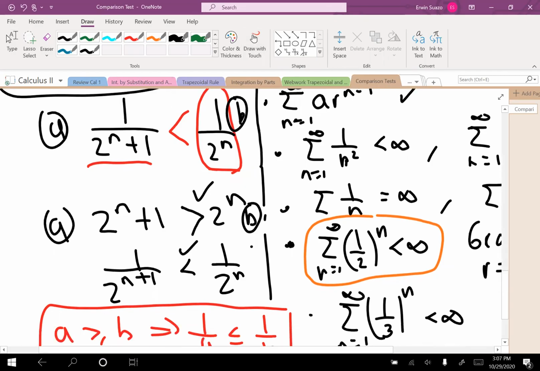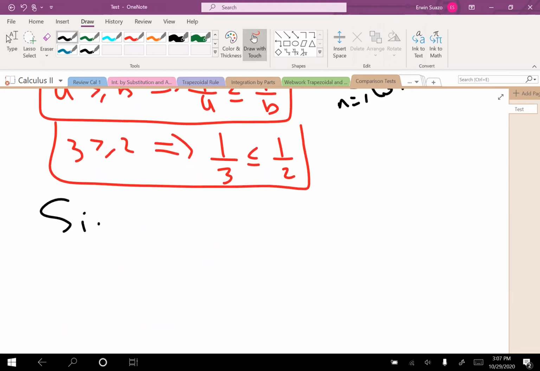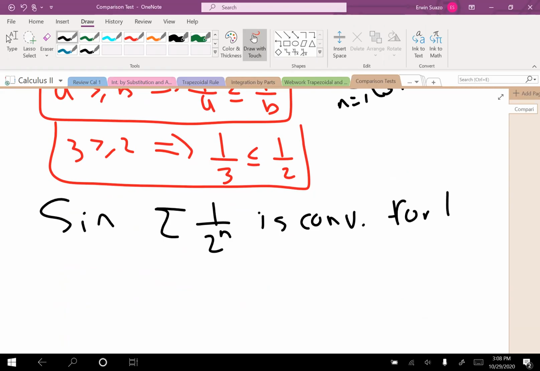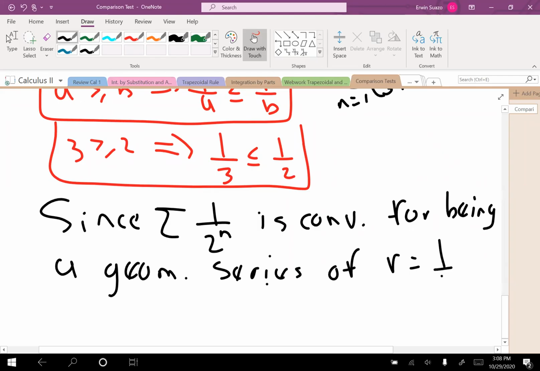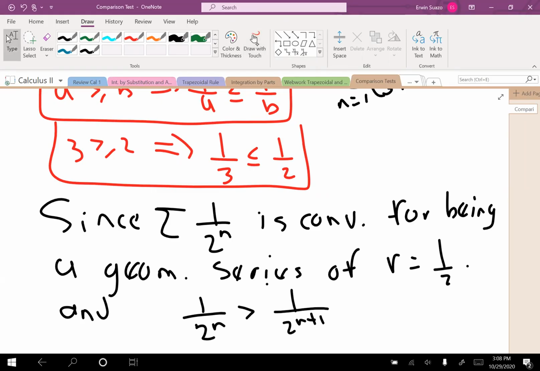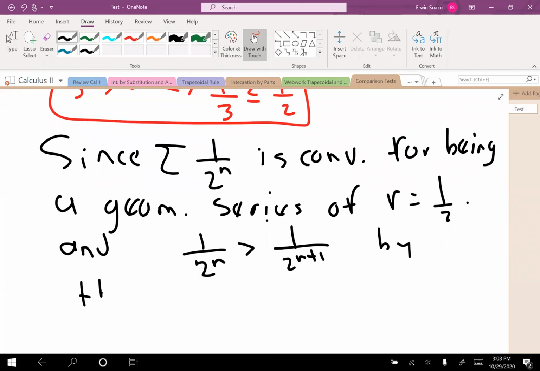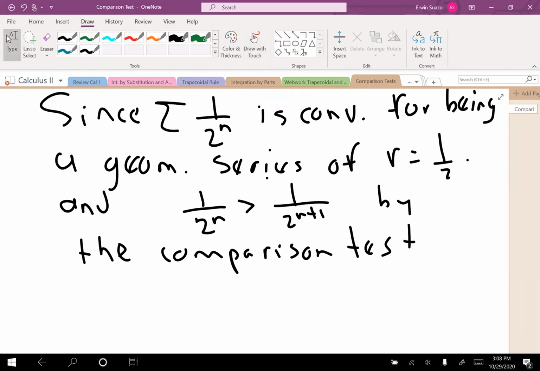Convergent, because it's a geometric series. So now, since the sum of 1 over 2 to the n is convergent for being a geometric series of ratio r equals 1/2, and 1 over 2 to the n is bigger than 1 over 2 to the n plus 1, by the comparison test, this sum, the sum of 1 over 2 to the n plus 1,